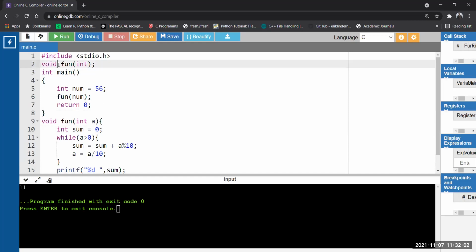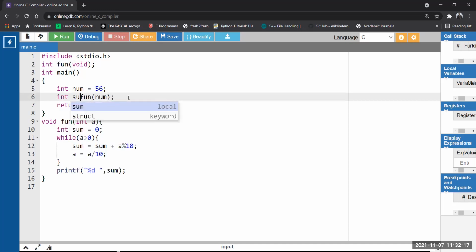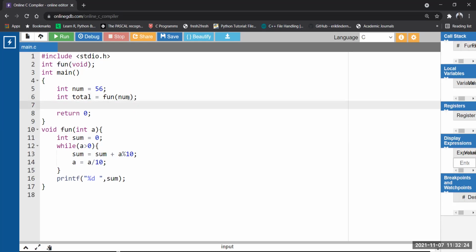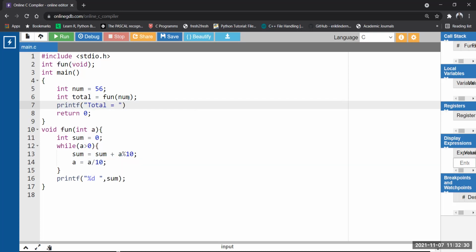Now it returns, correct? So I am returning an integer. Now it has no argument, so it should be void. Okay, so now the return type will take care. We need an assignment operator along with the variable. So here I'm writing c total equal to this. Output will be taken care of by the main method, so definitely we need a printf statement: total of the digits, sum of the digits.